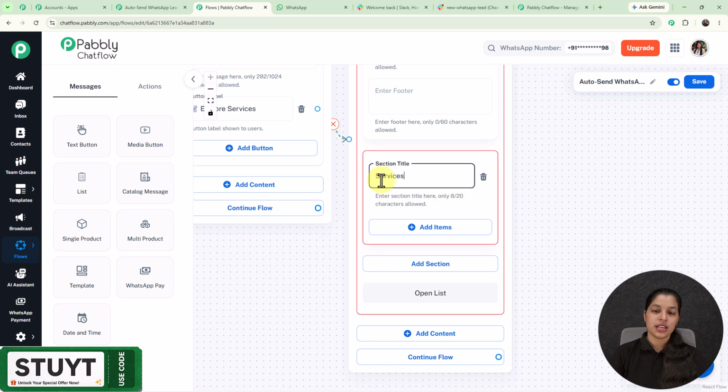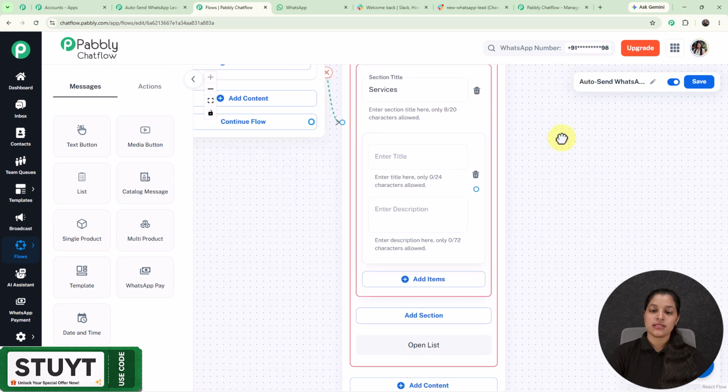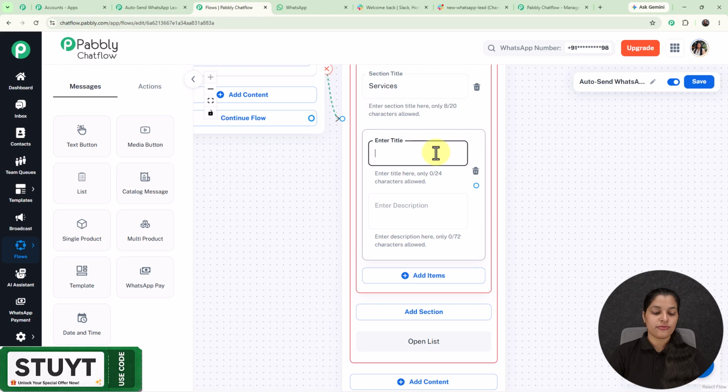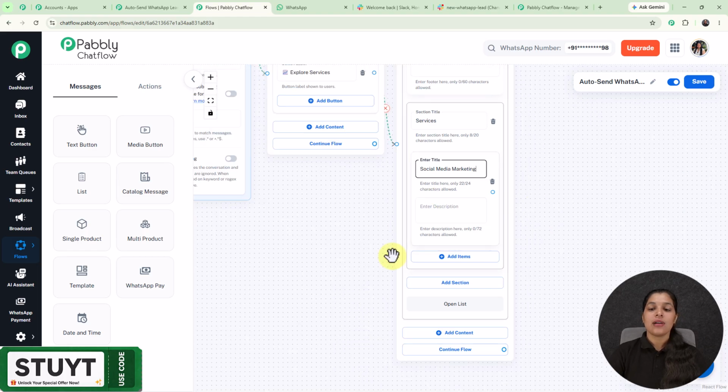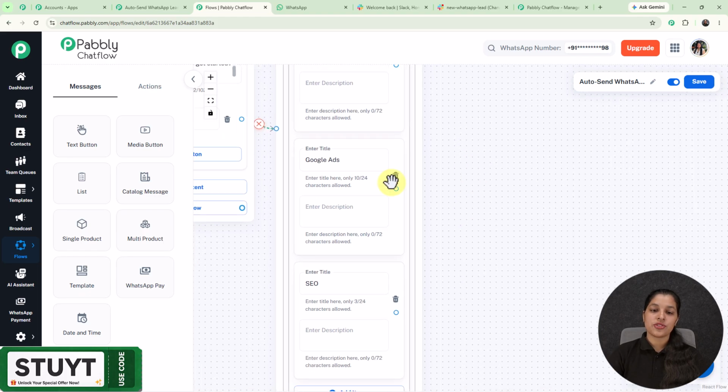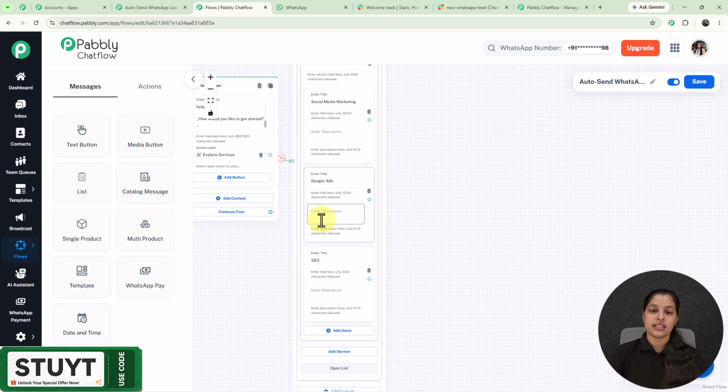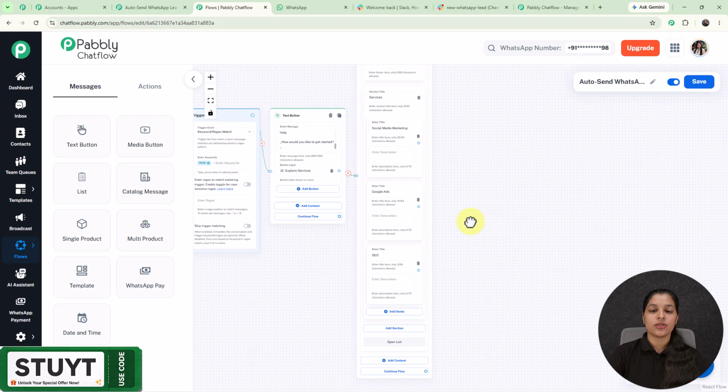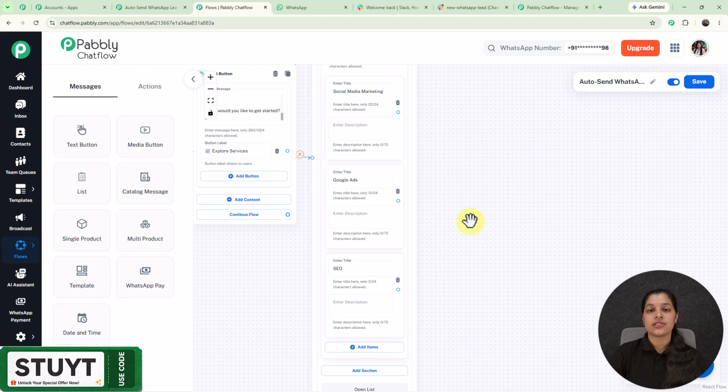So for that we just have to click over this add items, and here I'm going to enter the title of my first list item. So here I have entered it. Now likewise I'm going to add some more items to my list. So here I have added two more items to my list, that is Google Ads and SEO. Now if my user selects any of these list items, I want to get to know which service type